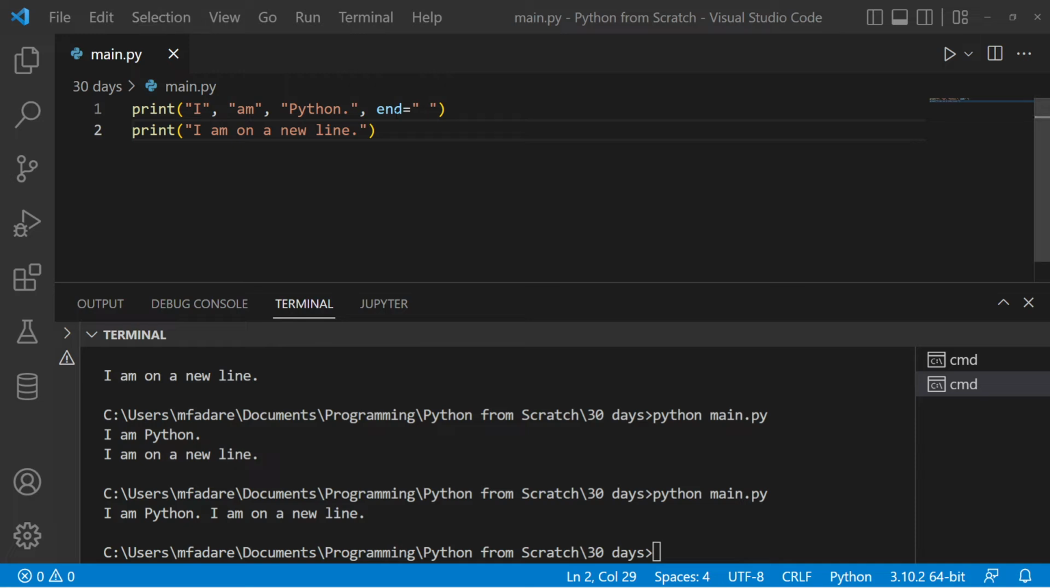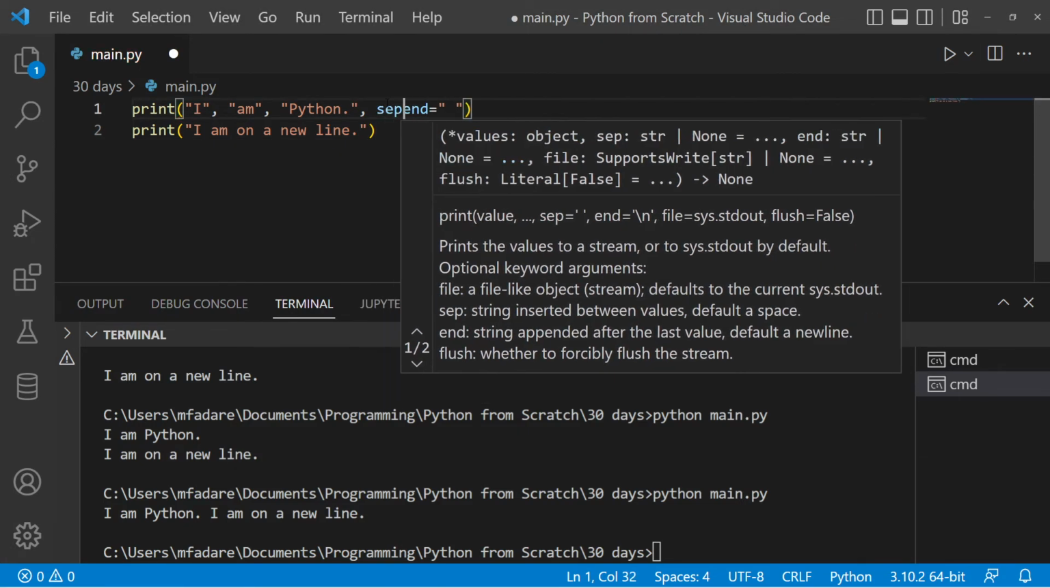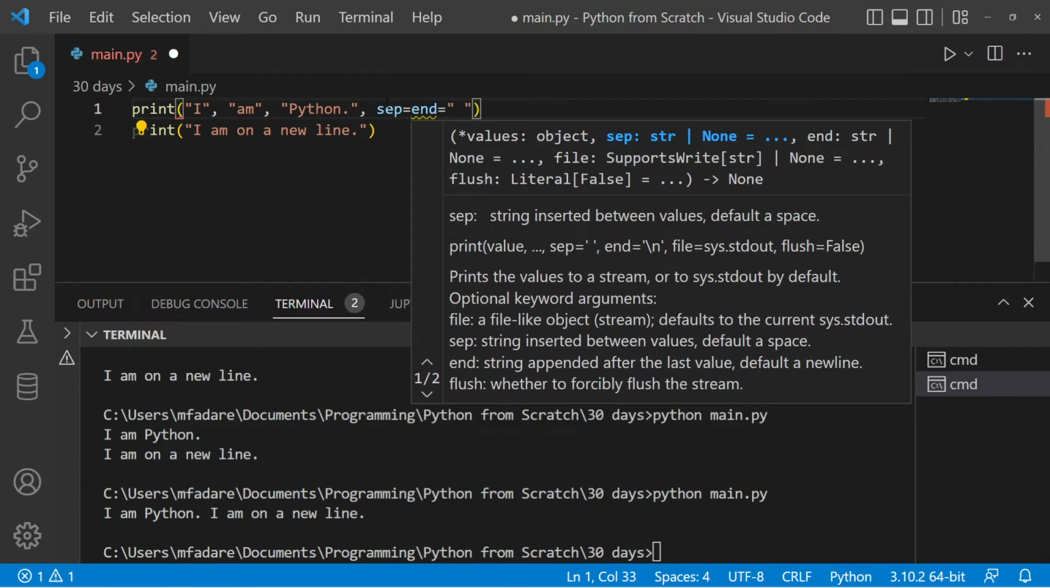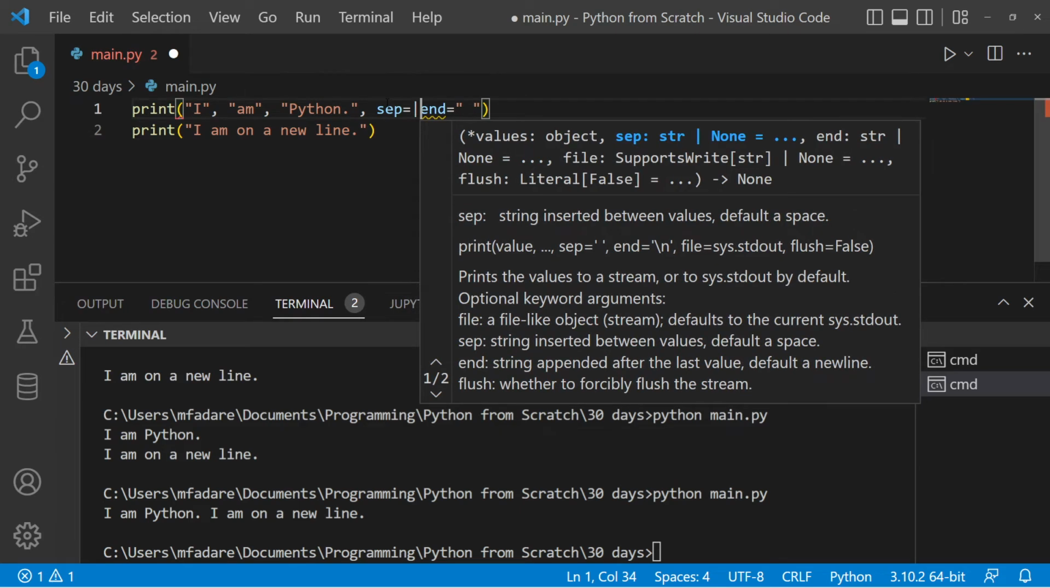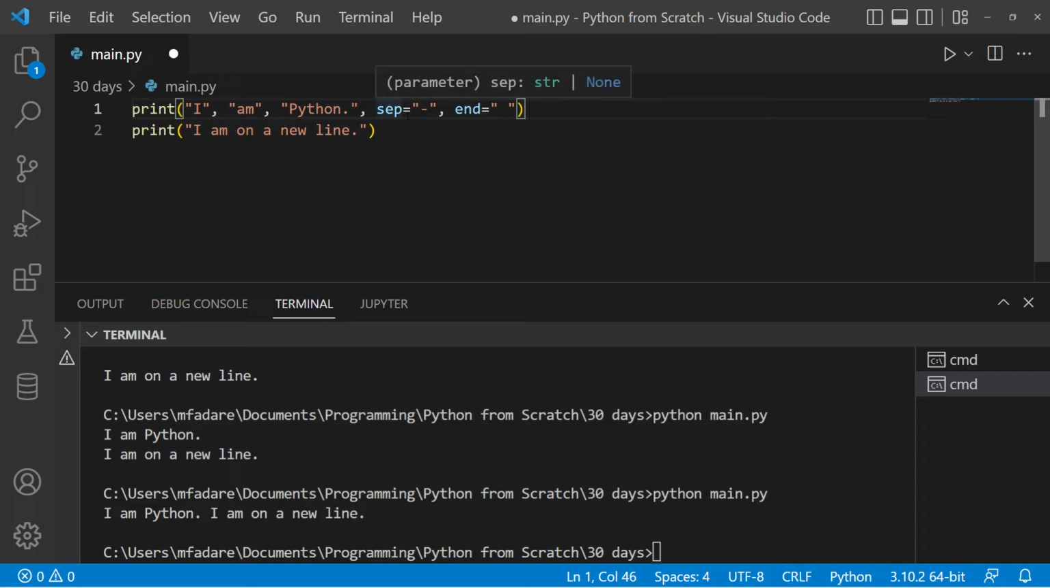So just to mention, we can also use all of the arguments together. The separator argument, let's say we want to use the dash, and also the end argument here together. So what this does is for every separated argument in here, it will add a dash, that is I-dash-am-dash-Python, then a space at the end, then continue this on the same line. So if I run this code,